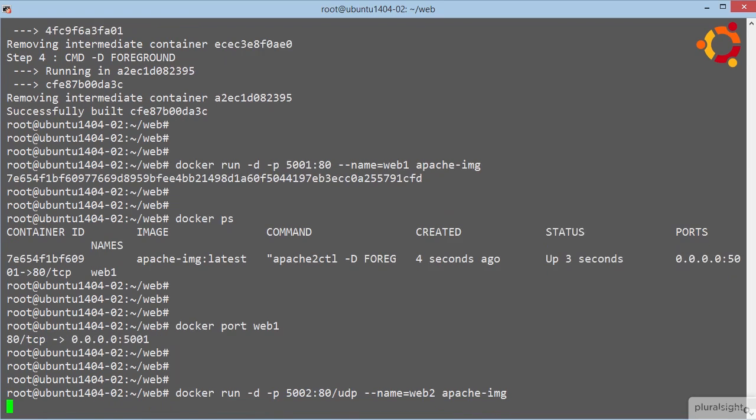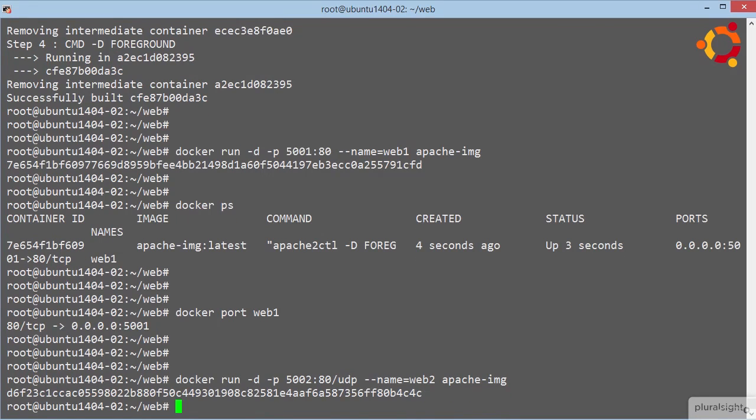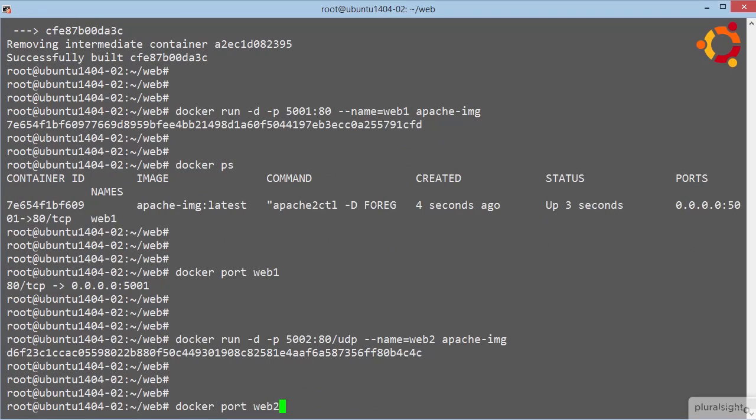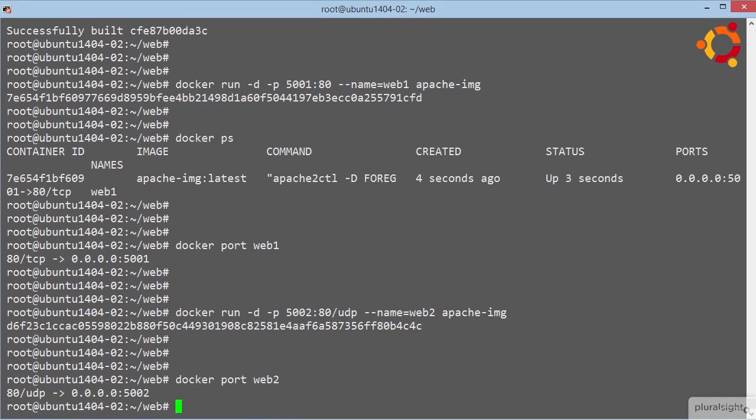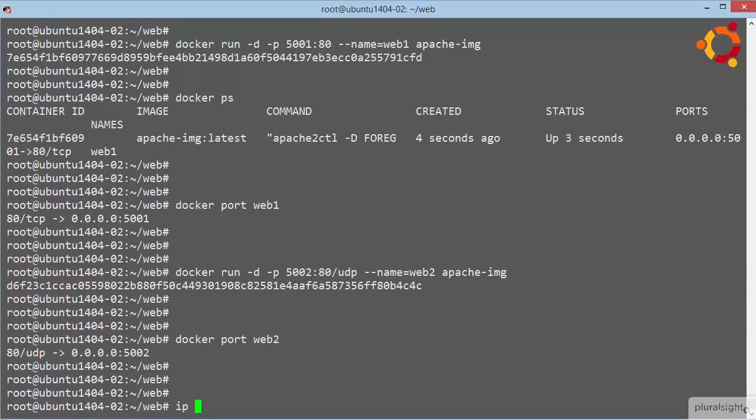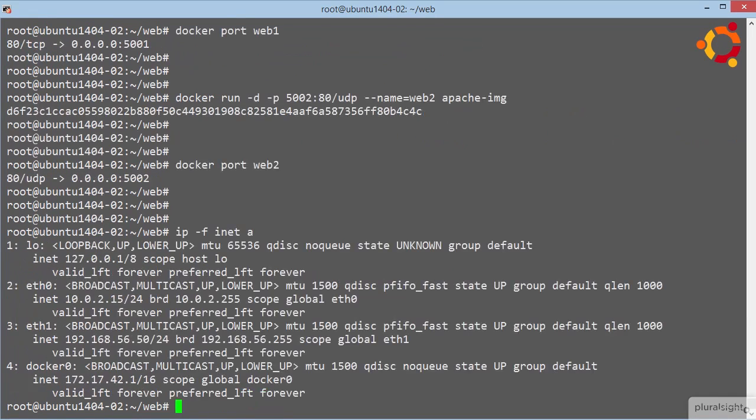Hit return. Okay, looks good. Docker port again, but this time with web2. There we go, UDP, but still on all IPv4 addresses on our Docker host. Well, let's look at what IP addresses we've got available on our Docker host. Good, so that's just showing us interfaces with an IPv4 address here on the Docker host. We're really only interested in ETH0 and ETH1. This time we'll go with this address here,